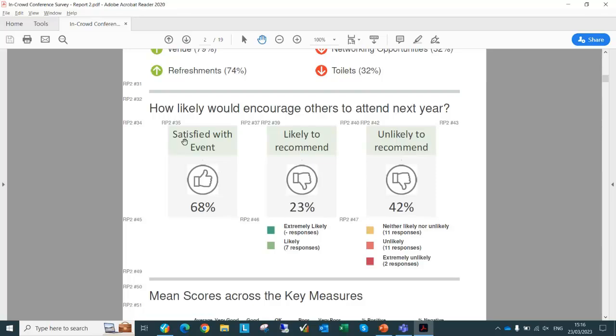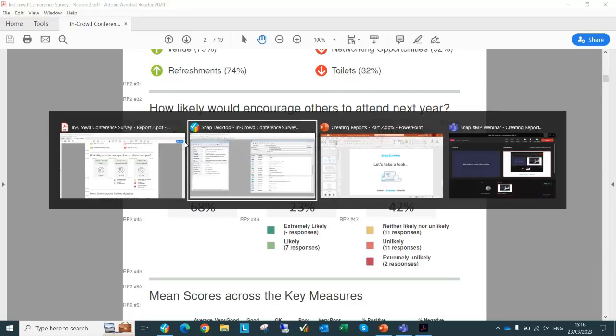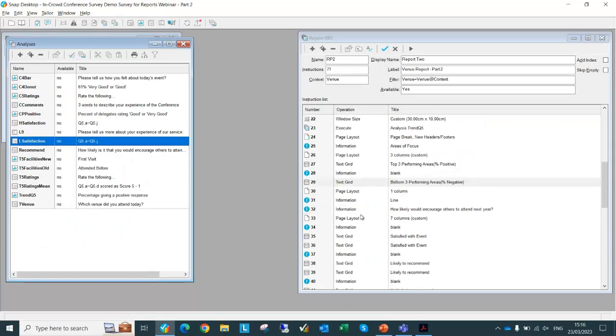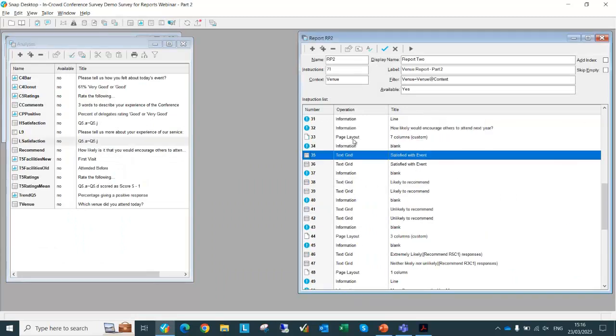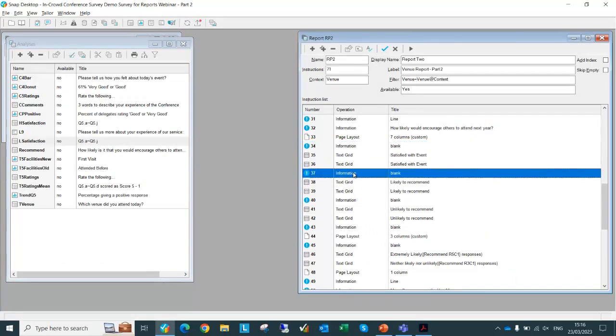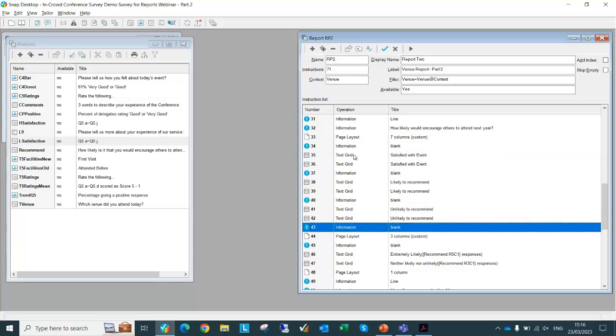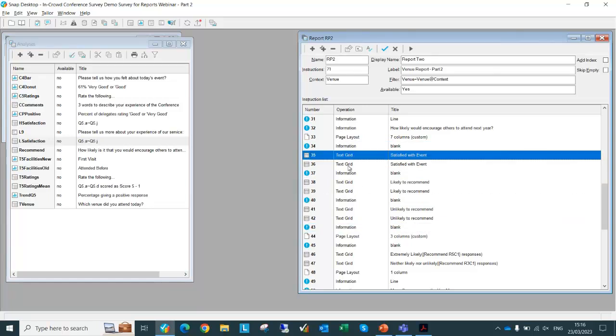So if we go and look at number 35. So 35, yeah, there's my 7 columns and all my extra sort of blank spacers. But you notice that actually I have 2 of everything. So I've got 2 satisfied ones, I've got 2 likely ones and 2 unlikely ones. So if I go into the satisfied one,